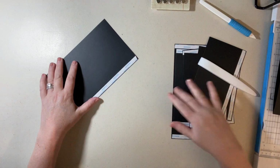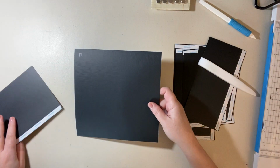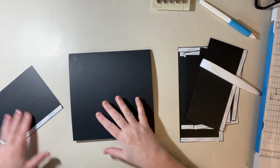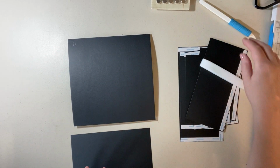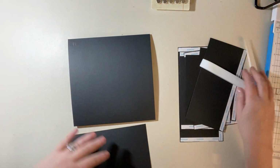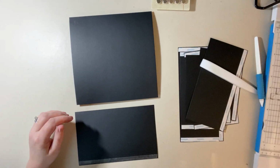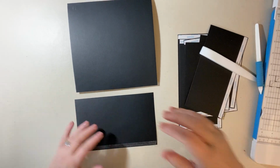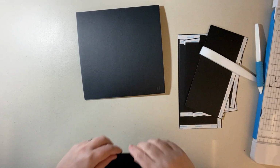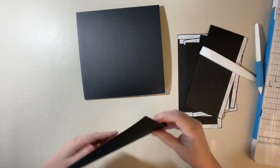Okay, so let's get started with flap A. I'm gonna bring back my pocket page, and I got my one up in the corner, and this flap A is the top flap. So take off the backing and let me line this up. Okay, so I'm gonna turn it over. So this is my top, and I'm going to put this,